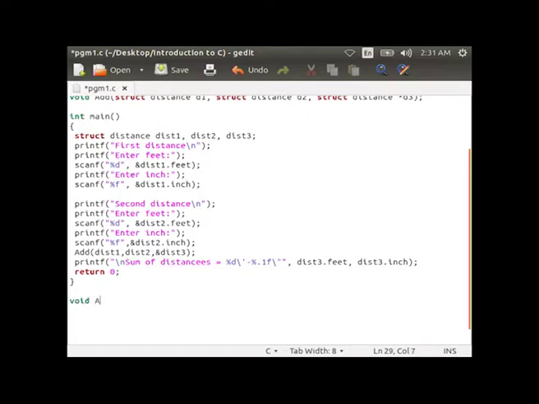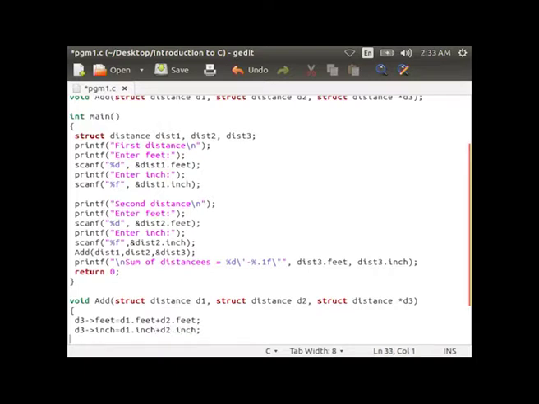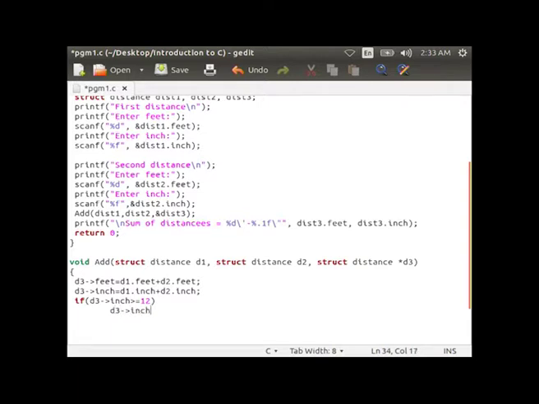Then you declare the function void add, struct distance d1, struct distance d2, struct distance *d3, then within curly braces, d3->feet equal to d1.feet plus d2.feet, d3->inch equal to d1.inch plus d2.inch. If d3->inch greater than or equal to 12, d3->inch minus equal to 12, ++d3->feet, then close the curly brace.